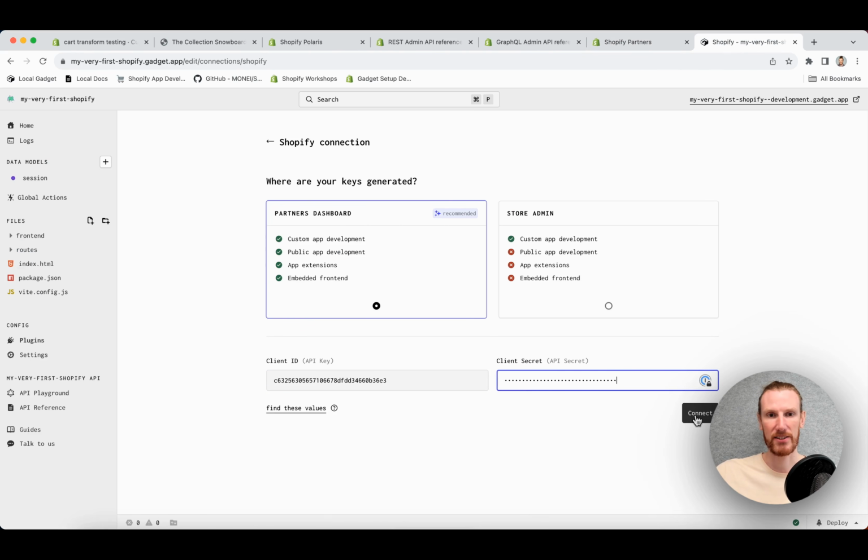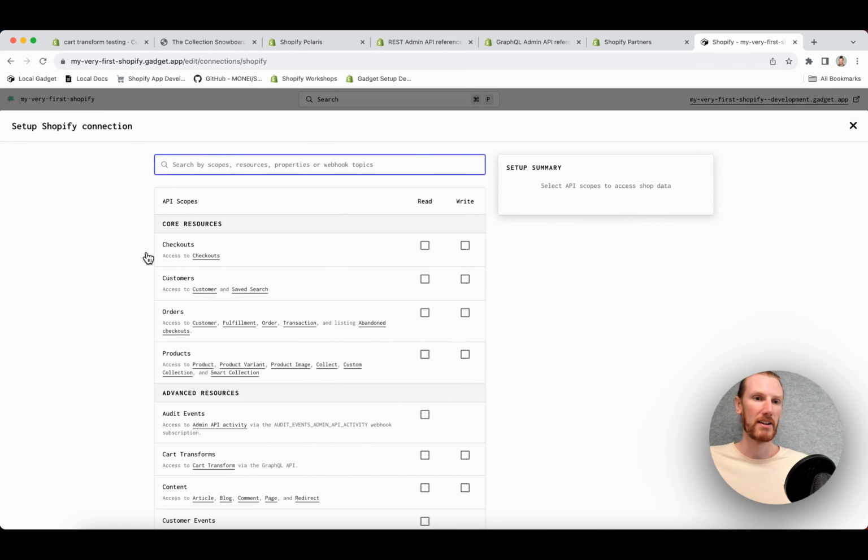And then I'll press connect. On this page, I select what Shopify scopes and data models I want to include in my app. This is intimidating the first time you go about building a Shopify app because the Shopify API is huge. You probably don't know what scopes and what models you actually need to build your app. That's a-okay. This connection is always editable later, so you don't need to worry about making the right choices up